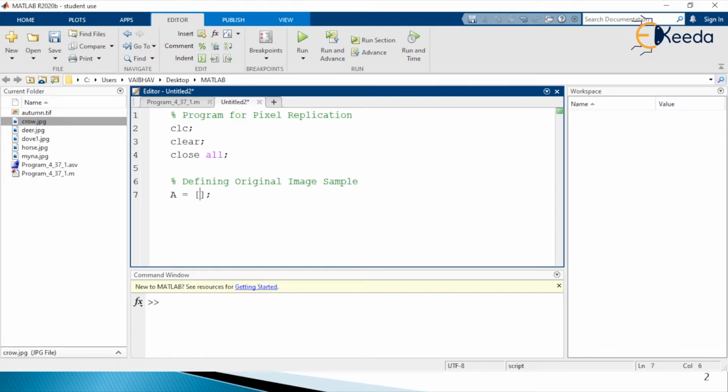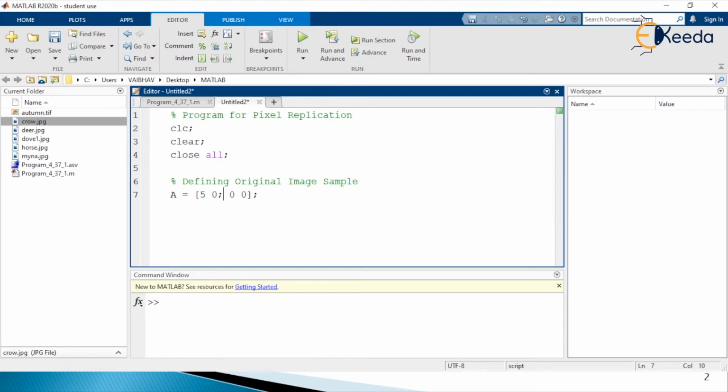For example, I'm having the integer 5, then 0. So 5 0 is the first row, then I have 0 0 as the second row. As I have a semicolon separating these two values from the other two, it means the end of row 1, and then there is the second row here.